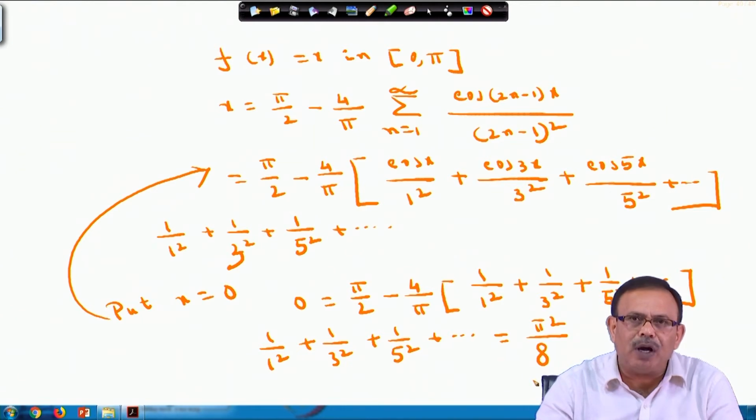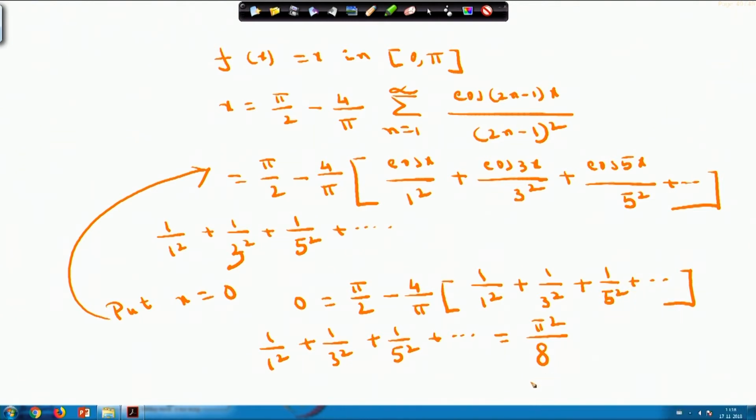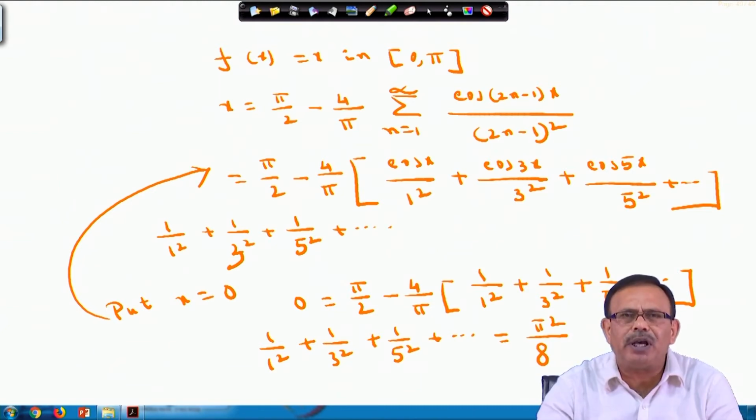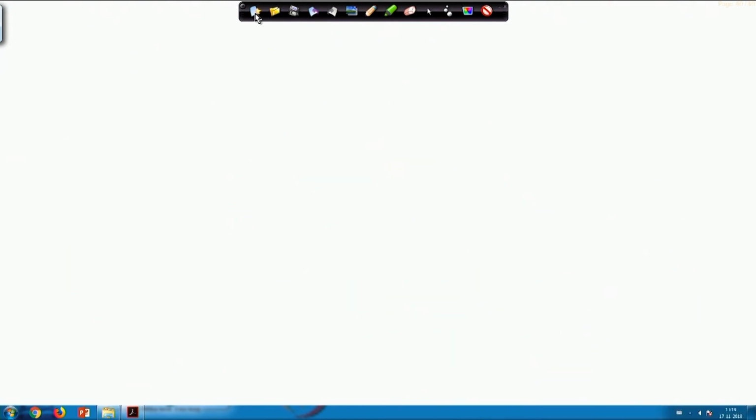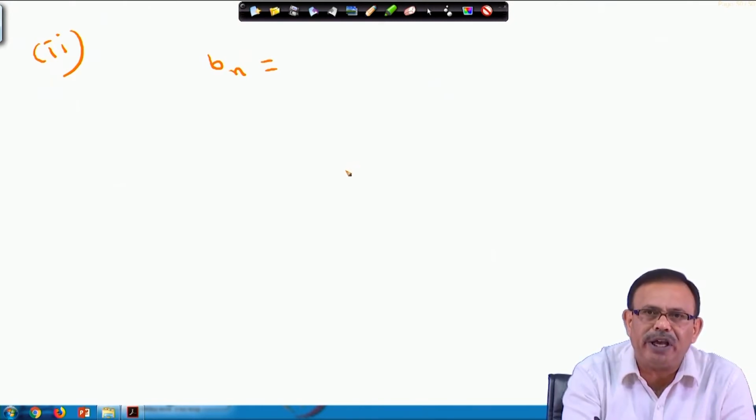This is the completeness of the first one, that is, express f x equals x in 0 to pi in terms of cosine series, which we have defined here, and then we have found the value of this series as pi square by 8. Next, the same function f x equals x in 0 to pi, we will express it in terms of sine series. So to express in terms of sine series, there will be only sine terms. This is the solution for the second part of the problem, where I have to define f x